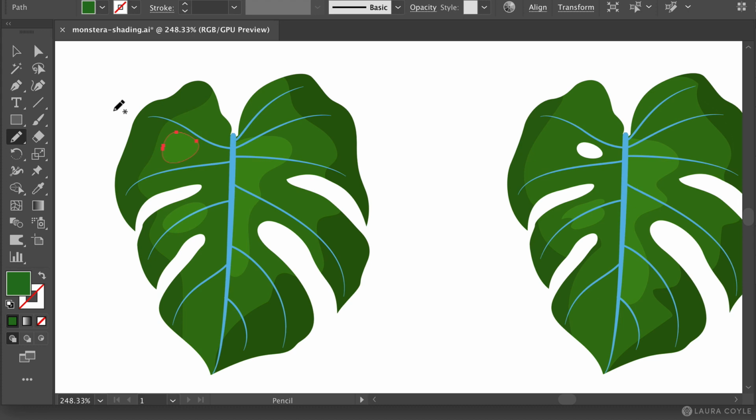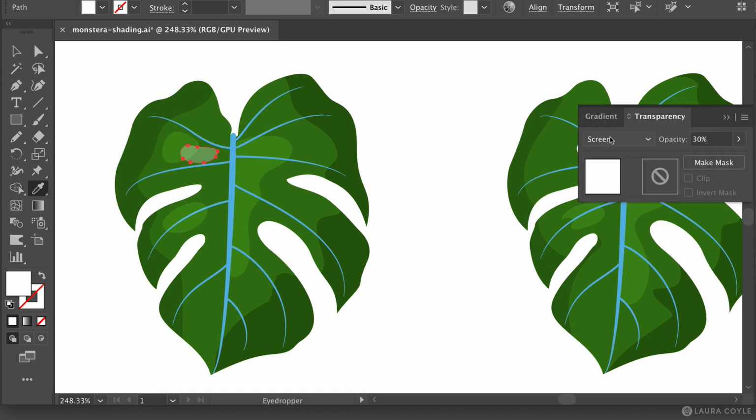All right, one more pencil tool path that I'm going to draw. One of the trademark Monstera leaf holes here. Close that. Now with the smooth tool, let me just make it a little bit of a smoother shape. And now to see what this looks like, let me go ahead and sample the artboard white color, and looks like I need to change that transparency to normal and 100%. Now I can see that. So this is just going to sort of allow me to preview what this shape looks like, maybe get it a little bit smaller